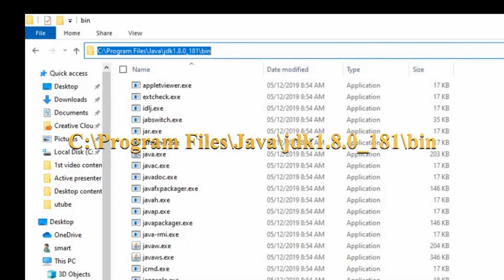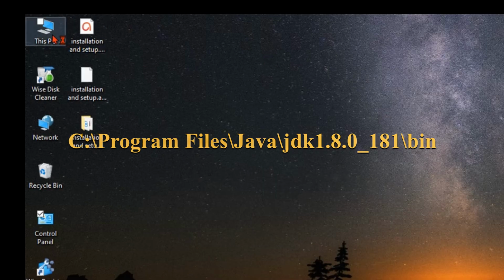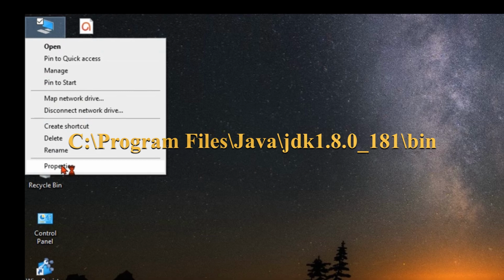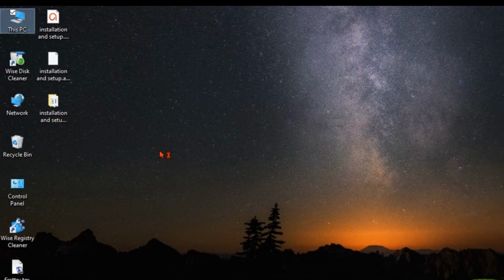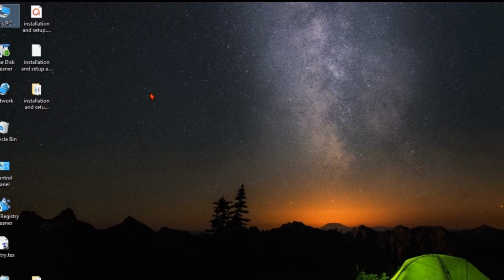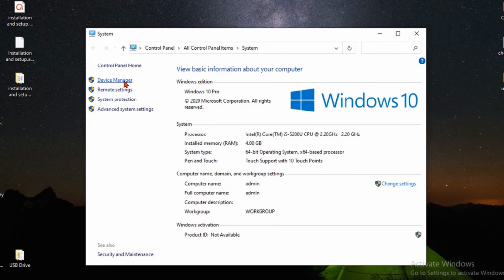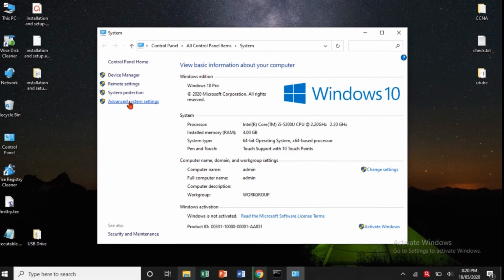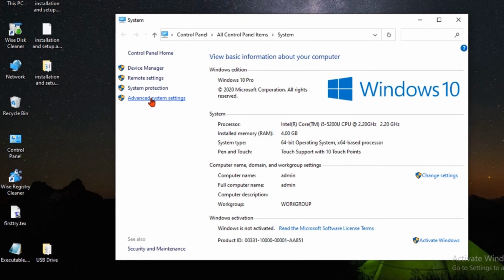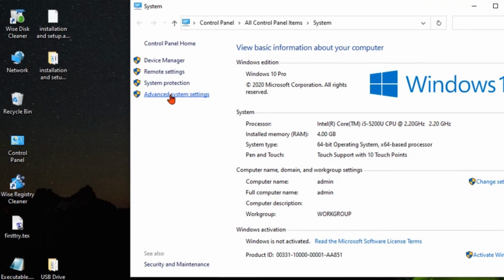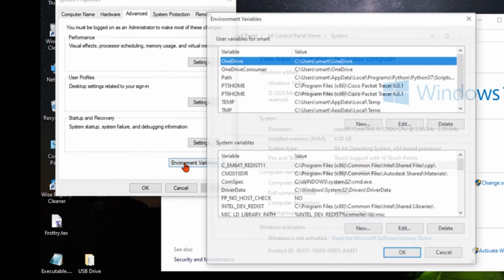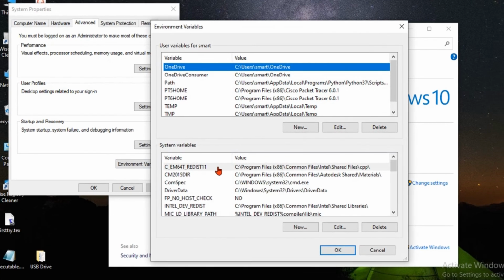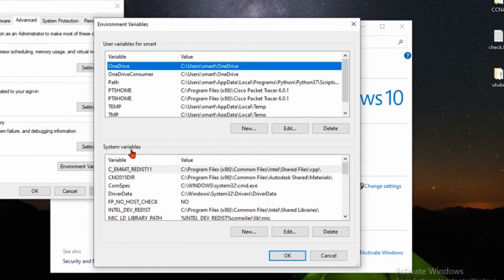Now to paste this path, go to This PC, right click here, go to Properties. It is a little bit slow. Then go to Advanced system settings, then go to Environment Variables, and here are the system variables.